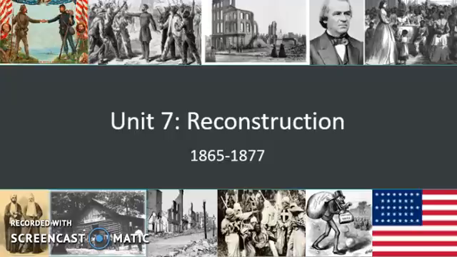Your test for this unit will be on December 1st, so the Thursday after Thanksgiving break. So literally we will just be covering it today and tomorrow, and then the Monday and Tuesday after Thanksgiving break. So like I said, not a long unit at all, only 4 days, and then we'll review it all the day after. So not a whole lot here, so let's jump right in.